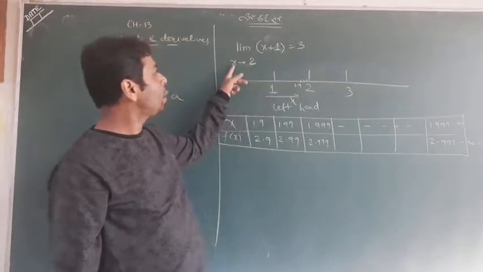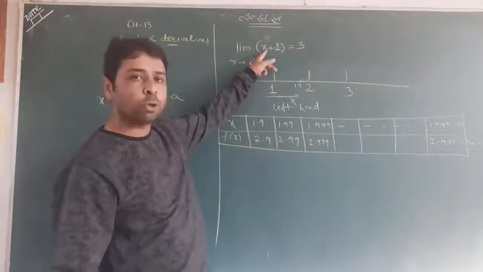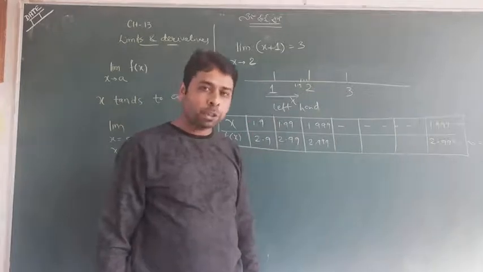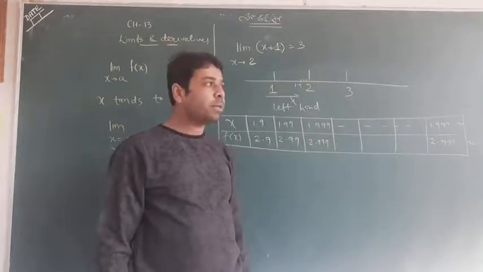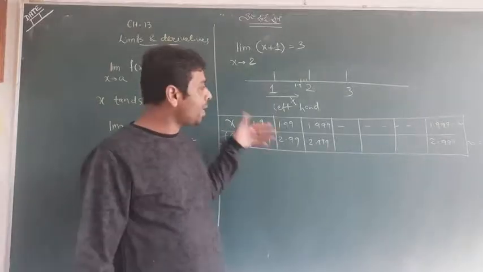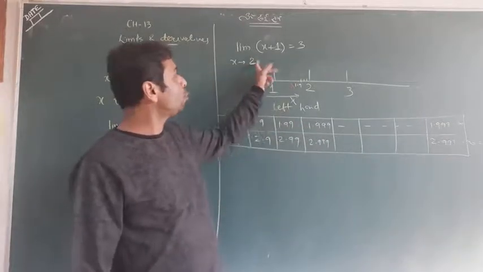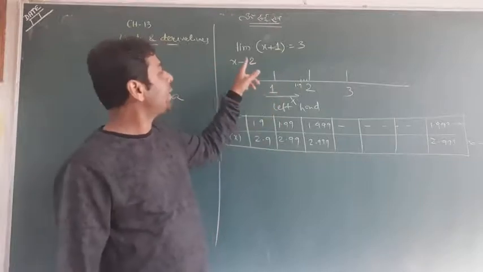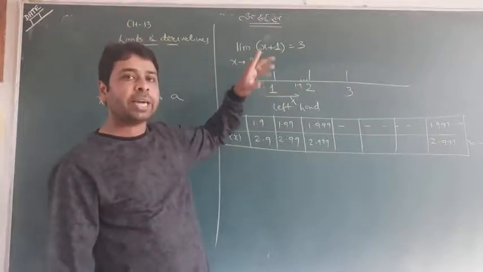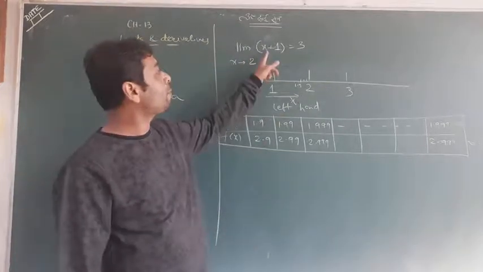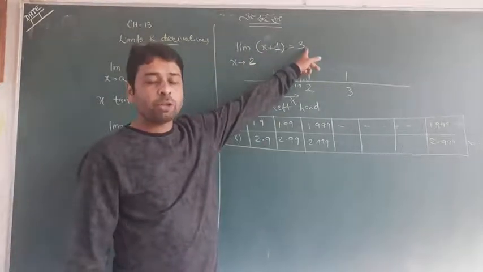Actually, if you put x equal to 2 directly, 2 plus 1 is still 3. Well, you are thinking right now, why have we seen all this when we could put x equal to 2 directly? But this is the actual concept. I tell you x tends to 2 means x is not equal to 2, but lastly we consider that after putting 2 we get the same answer. So this is the thing.